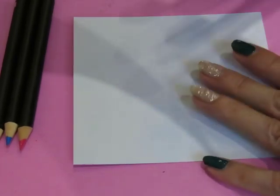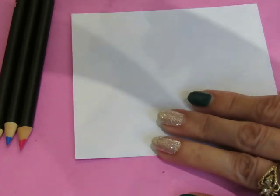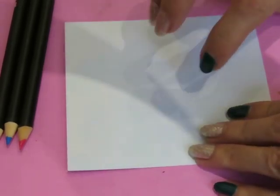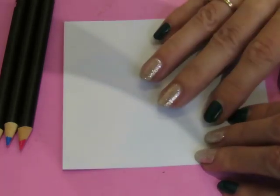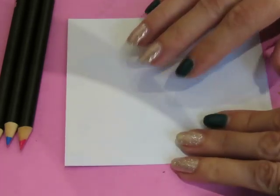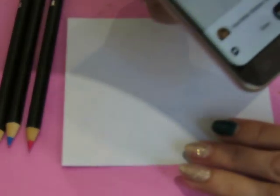I thought this week we will play with the same pattern for three days in a row, because I enjoyed doing that the last time I did it, so I'm going to do it again. I was perusing Pinterest and Instagram, as I do, to get inspiration for today, and I found this pattern that is a classic